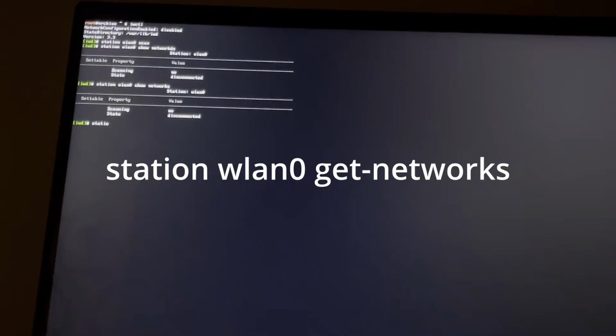Now type station wlan0 scan. This will scan your Wi-Fi, and again type station wlan0 get-networks. This is the correct one.